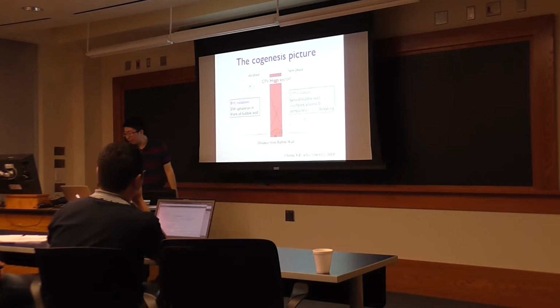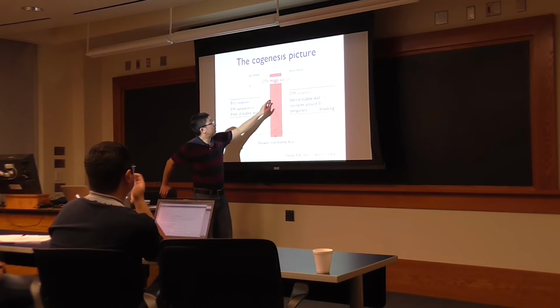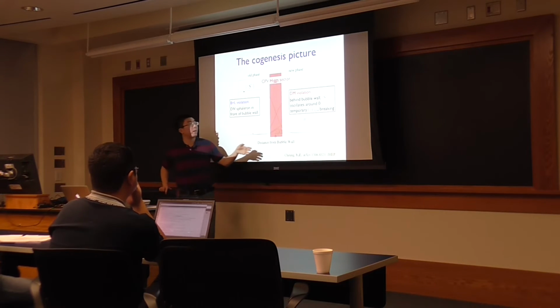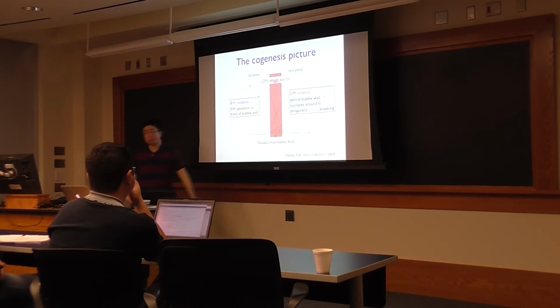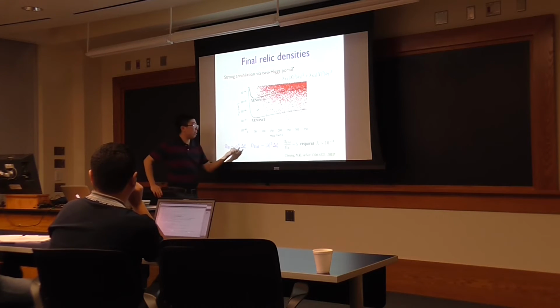And for the dark matter sector, I'm going to take advantage of the singlet web across this bubble wall and use it to temporarily break the U1 and generate the dark matter number behind the bubble wall. So this is the new electroweak cogenesis picture. And so for the final relic density, the asymmetry I calculated, the baryon asymmetry and the dark matter asymmetry, is dictated by the weak coupling and this coupling lambda. Lambda is